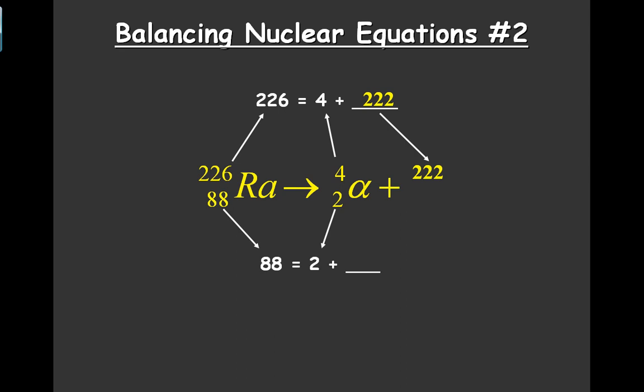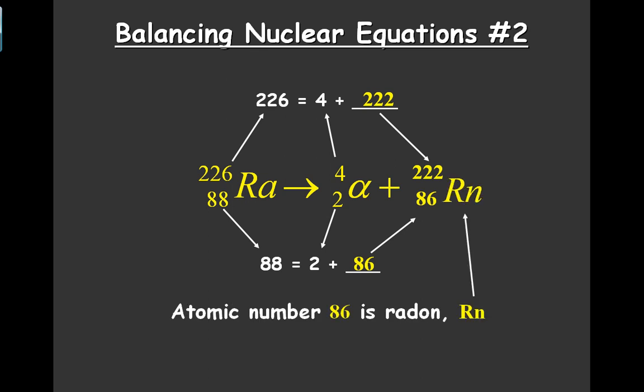We can do the same thing then with the atomic number. So the atomic number for radium is 88. And on the right side, we have an alpha particle with an atomic number of 2. We can figure out then what the atomic number of the other product is, and that is 86. And then go to the periodic table, look up 86, the atomic number, and determine that the element actually is radon with a symbol Rn. So you're balancing an equation, again, much like in chemical equations,